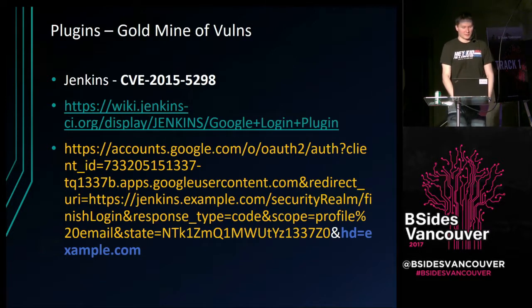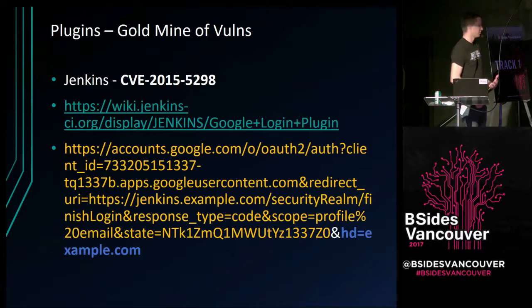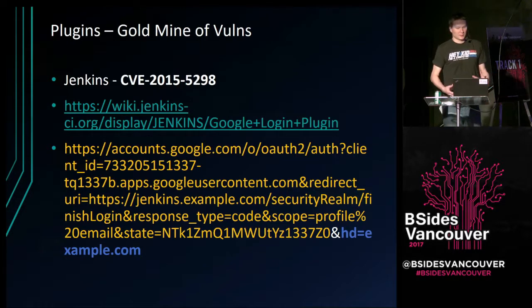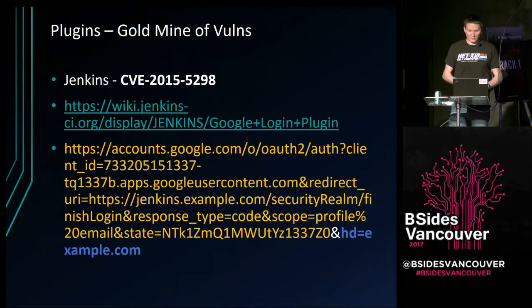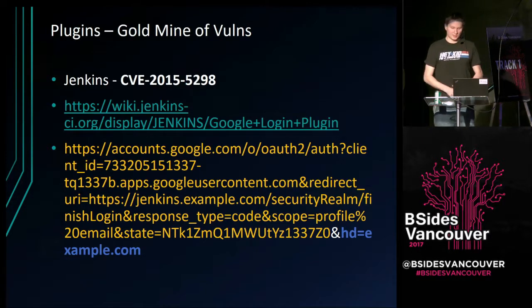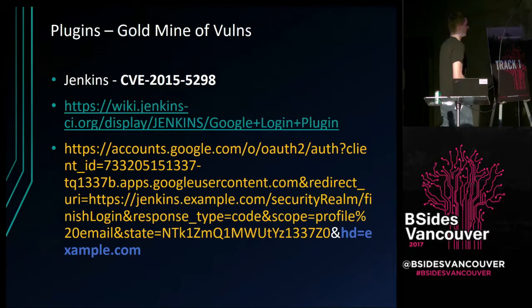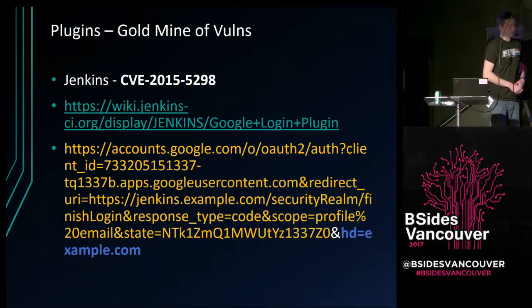Basically, as a quick example, Jenkins had a bunch of plugins. I looked at one of them. I came across a server a customer was using. Used the Google authentication like I was mentioning before, but it was tied to their company's domain. I looked at the source code for the plugin, looked at what was happening behind the scenes, and basically the plugin developer had misunderstood how the OAuth flow worked with Google.